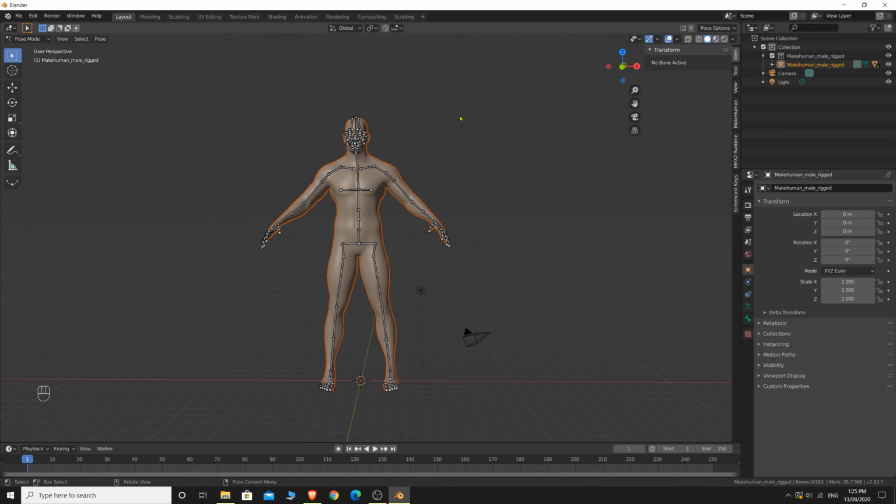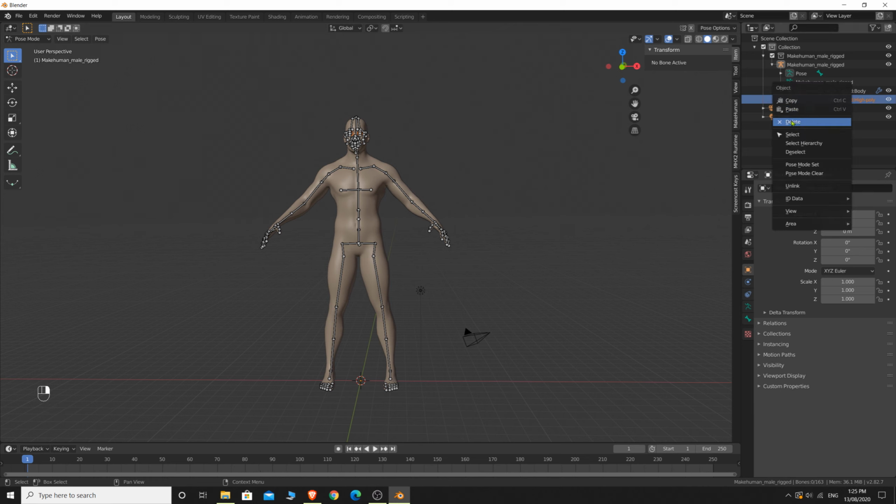So now we've got our model in our scene. You'll see that it's actually in our hierarchy up here. I'll just call it the hierarchy just so that the Unity viewers can understand a bit better. So if we open up the parent, the male model rigged, you'll see that we actually have one here called MakeHuman male high poly, okay? We don't want that, okay? That's got the eyes and things like that in it, so you can just left click on that, then right click and delete it, okay? So that's gone. He has no eyes anymore because we don't need them. As I said, all we're going to be using is the